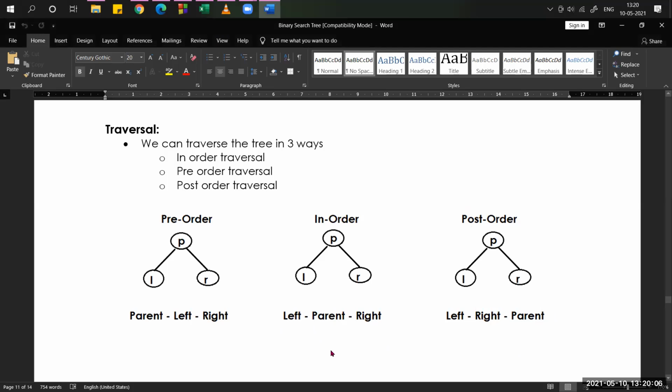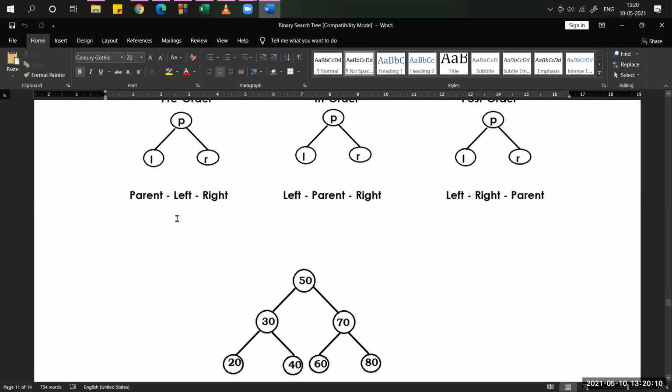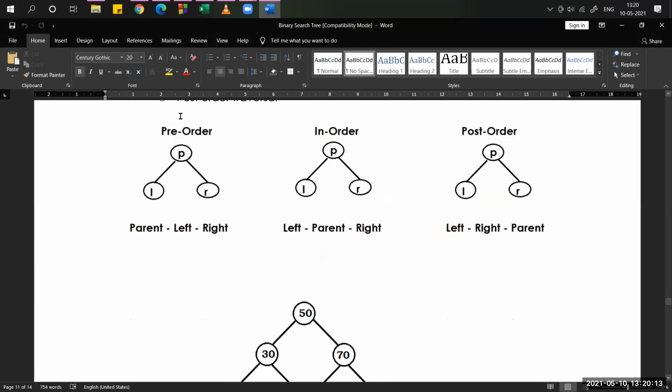I'll show an example along with the code so that you will understand. This is the formula, please remember: pre-order is parent, left, right; in-order is left, parent, right; post-order is left, right, parent. Remember all three formulas.